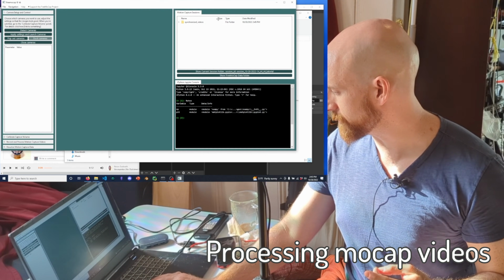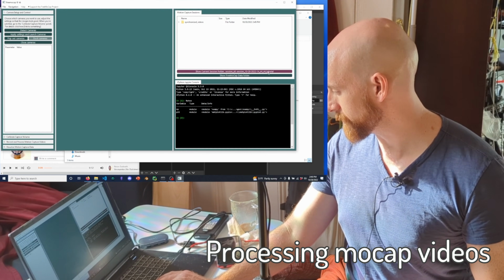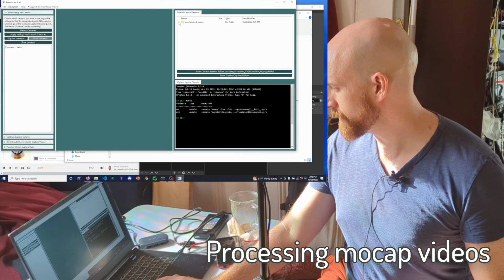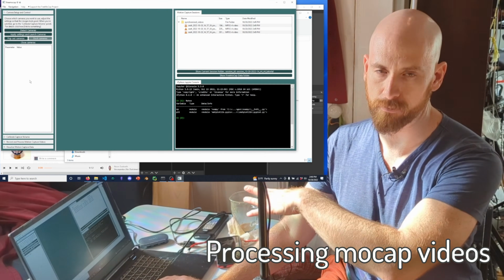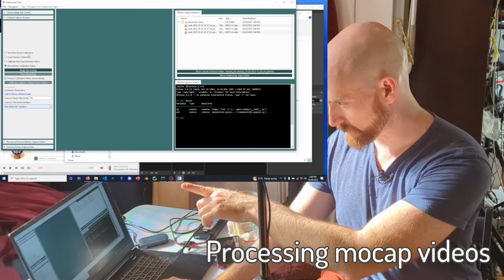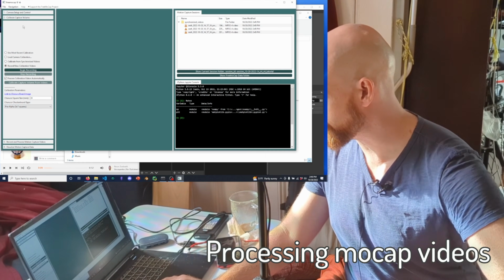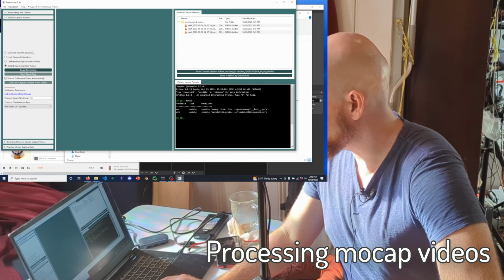And then it makes a new folder. The session ID is the one that I specified, underscore tutorial, and then synchronized videos. They're all in there. And so we're basically skipping the recording step in the GUI. And now we click on the second tab here, the calibrate capture volume, and use most recent calibration.